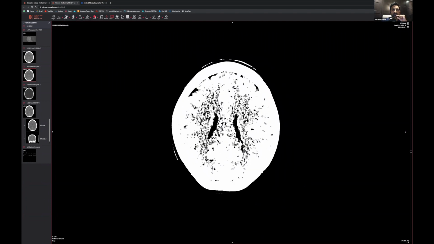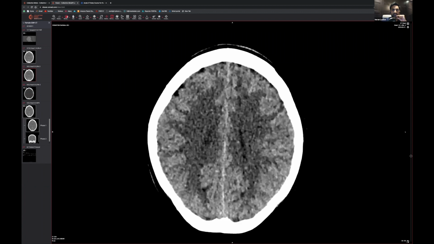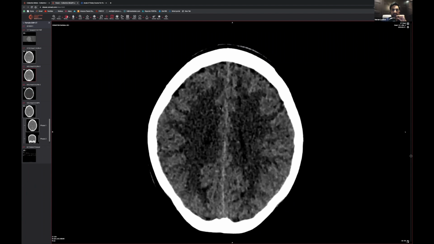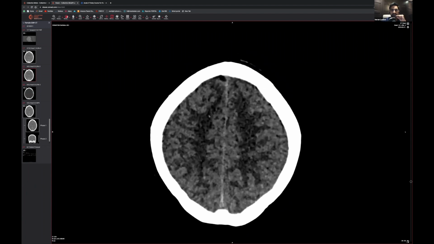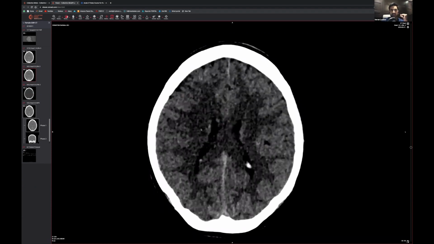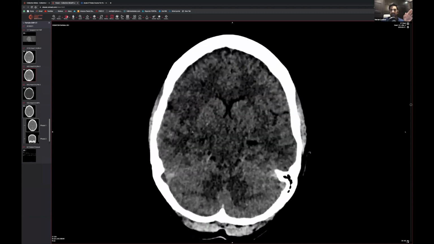Now, I'm not really keen on that stroke window. It's a bit too, yeah, I'm not sure about that one. So let's try and go like this. The reason I've done that is that I want to see the gray-white matter differentiation. So if we're saying this patient has left-sided weakness and we're looking for a right-sided problem, and coming further down,